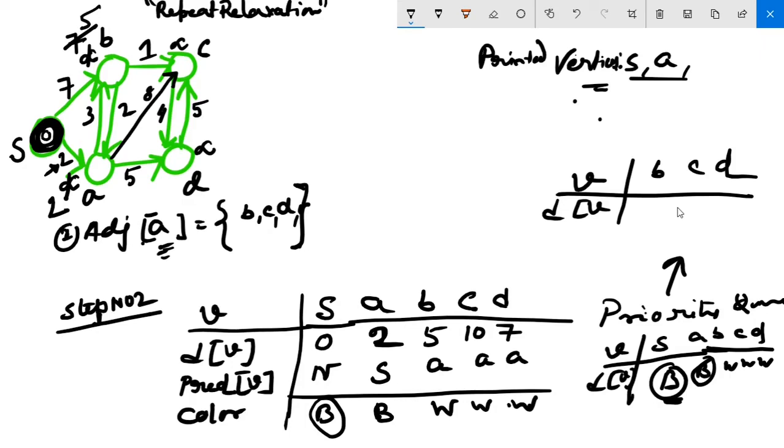Once you visit A, the vertex of B will be updated by 5, C will be updated by 10, and this is 7. Whatever you have written over here, same thing. And remaining two vertices we have deleted from the queue because it's a priority queue and we have printed it. Next, at step number 3, among BCD, whichever is the minimum cost,